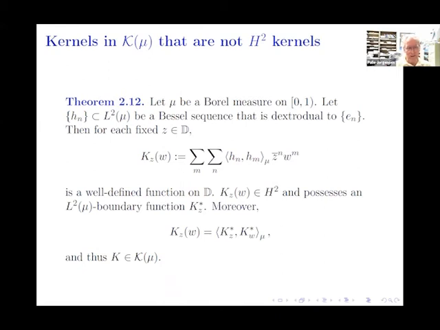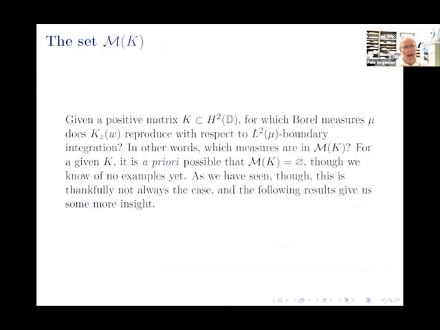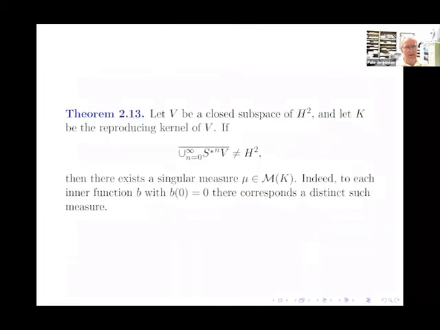In other words, that kernel would have the factorization property coming from integration of the boundary values with respect to mu, which is what the last equation here is saying. So this is a tool for getting factorization that's a little more general than the one I mentioned in the previous theorem. Okay. And I already mentioned that in principle, you could imagine maybe some cases where M of K might be empty. Probably we could figure that out, but here we'll concentrate on cases where it isn't empty. And so here's some tools for getting your hands on it.